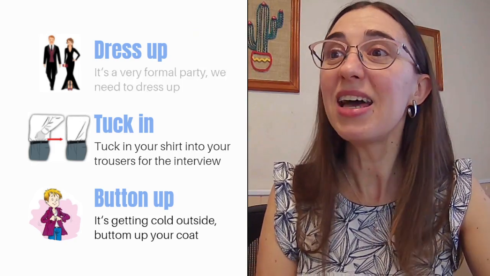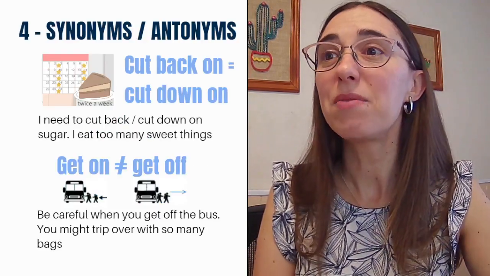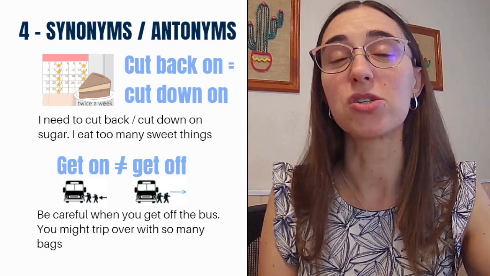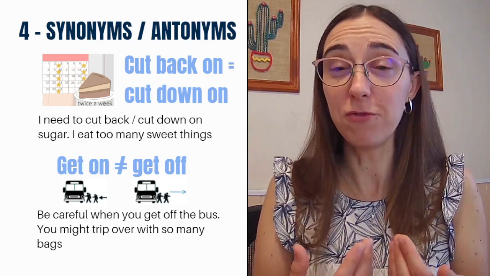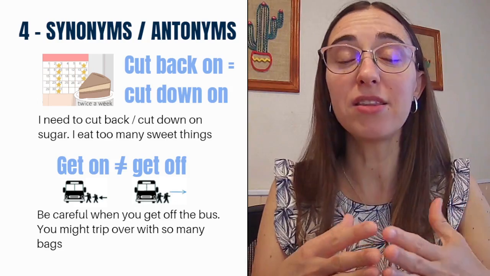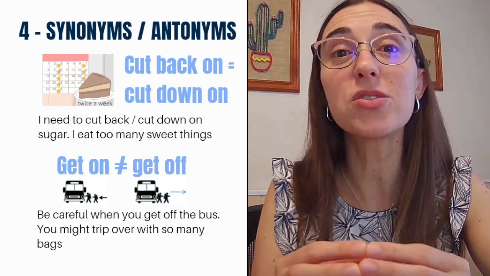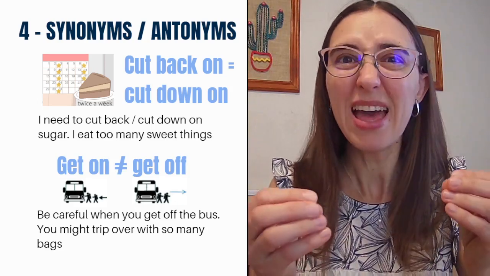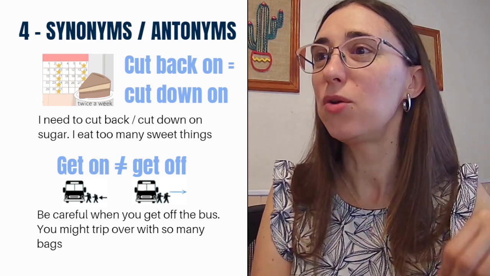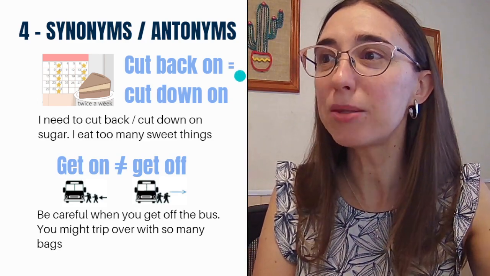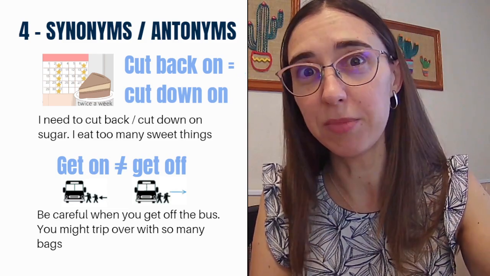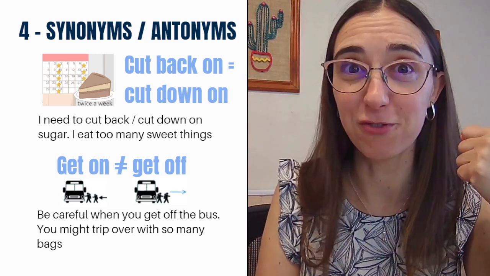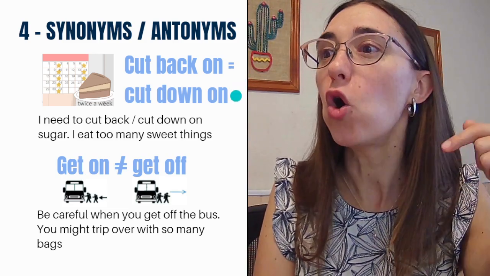Okay, and last but not least, there is another technique that you can use. You might focus on phrasal verbs and associate them through synonyms or antonyms, like trying to make that kind of connection. Look at the first example. To cut back on something, because this is a transitive phrasal verb, so it needs an object, or cut down